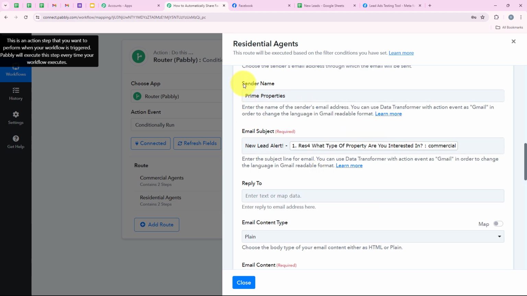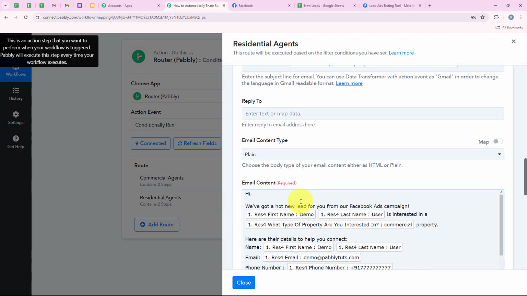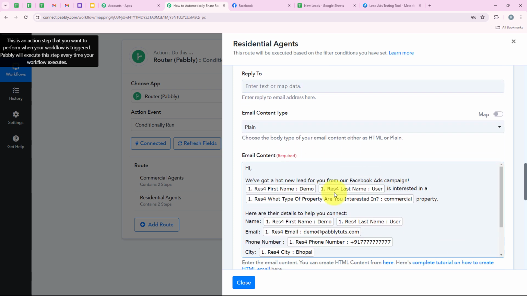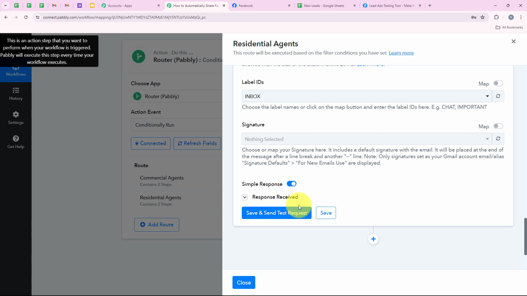And now for the sender's name, we are going to keep it as same only. Over here it is asking me for the email subject. We are going to keep it as same only because with the new response, this commercial will change in residential automatically. We are going to keep the rest of the details also same because these details will automatically change because I have mapped it. We are going to move on forward, and again we are going to click on save